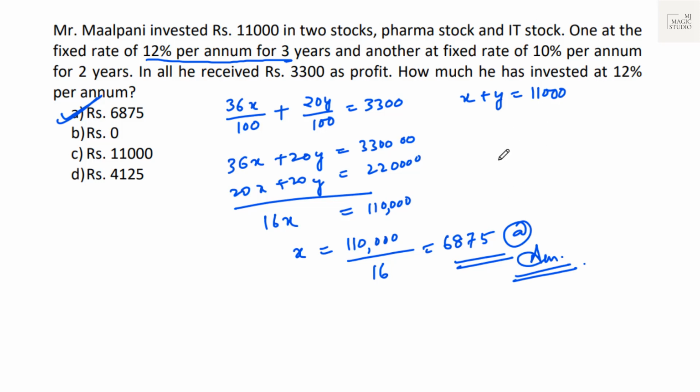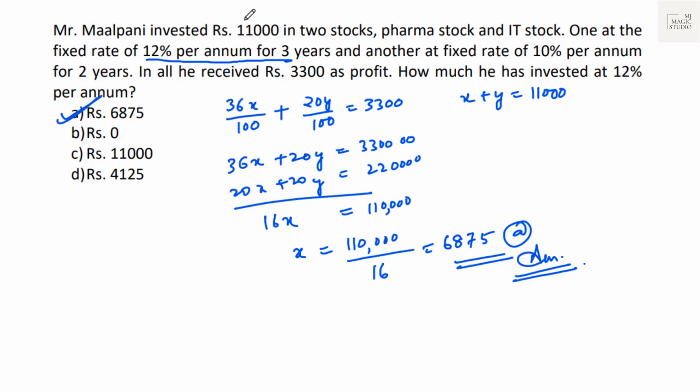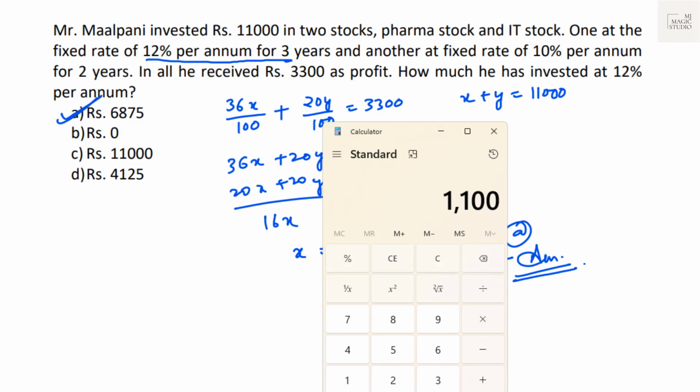You can use rule number 6, the allegation method, but we normally use the allegation method when the time of investment is the same in both cases. Then it is easier for us to do. Let's give it a try with the allegation process. Suppose the entire 11,000 is invested at 12% for 3 years. That means 11,000 at 36% would be